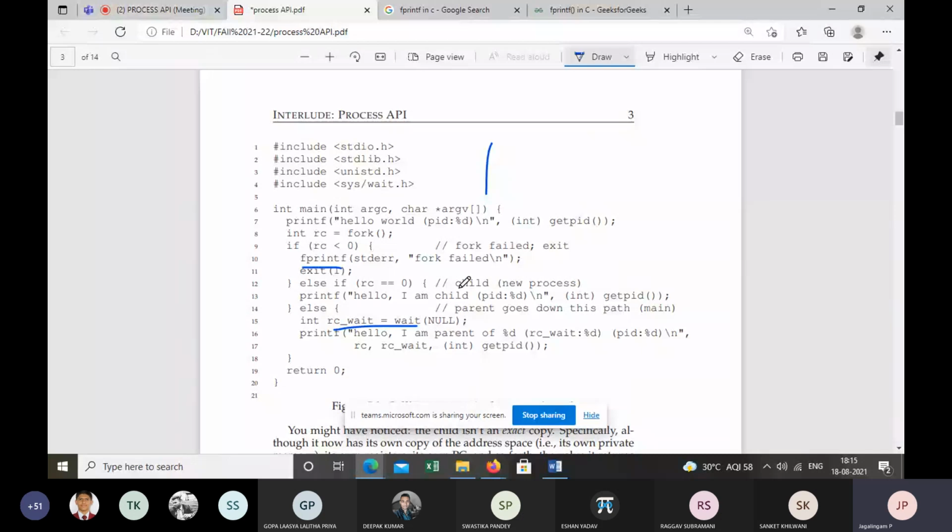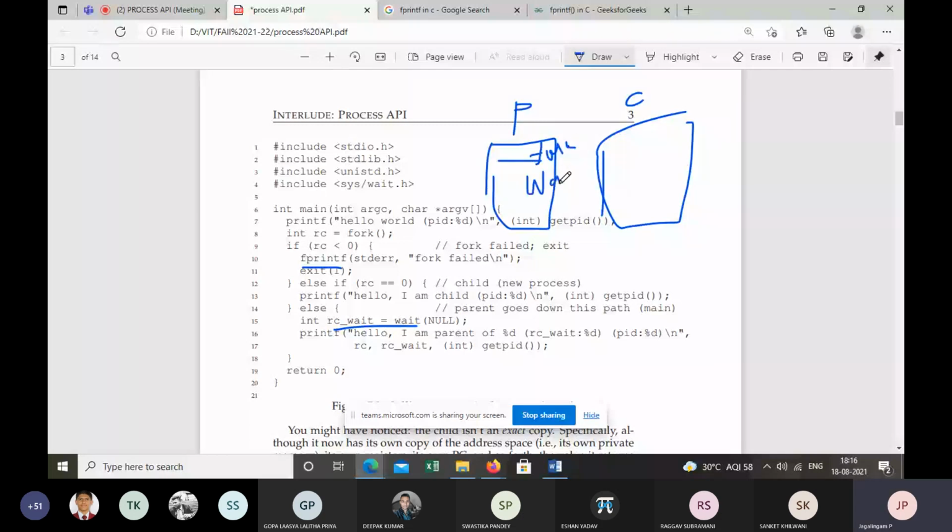So now we have a parent process, and then we have a child process. When you make a fork, a child is created, and in the parent code, we invoke the wait system call. When the parent invokes wait, the parent is waiting for the child to complete its execution.